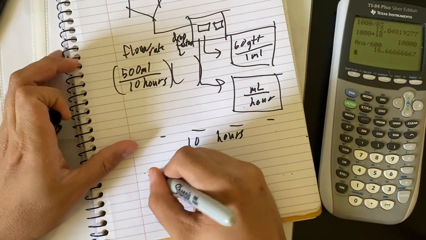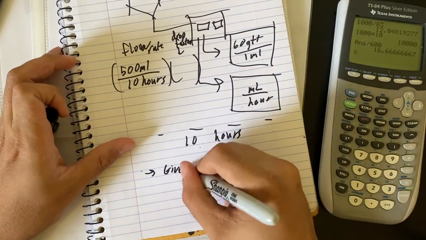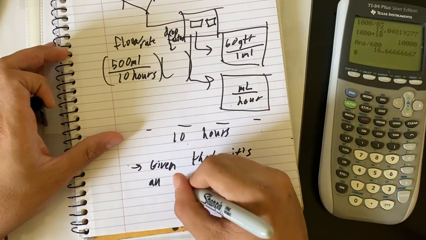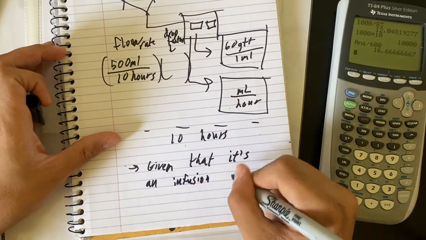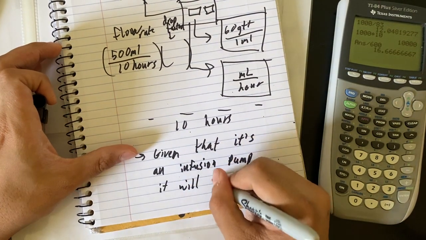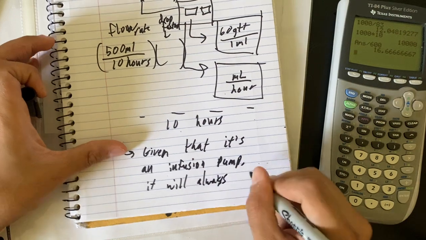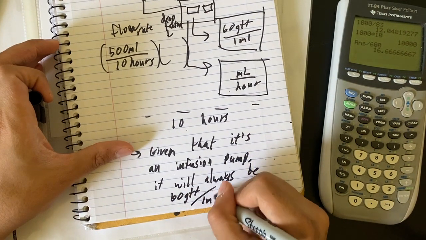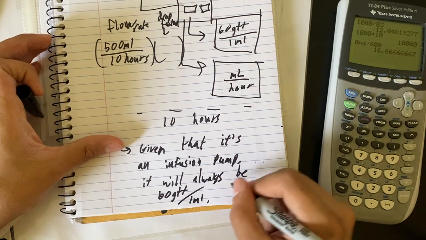But given that it's an infusion pump, it will always be 60 drops per milliliter, which would always be